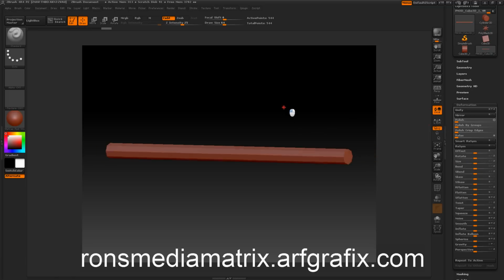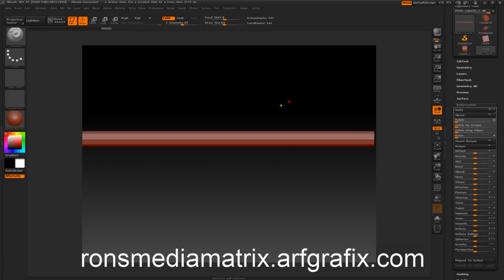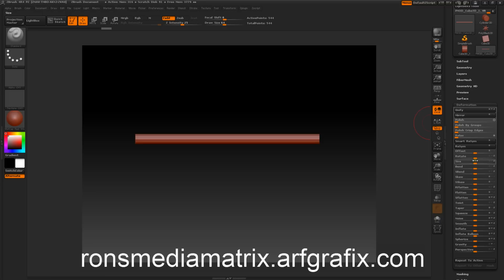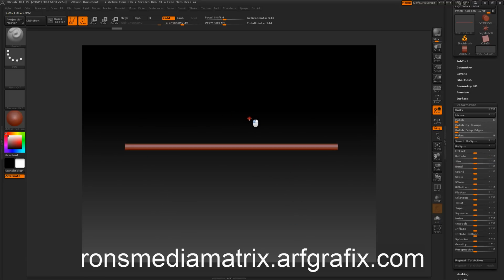Hit the F key so you can see it full screen. Yeah, you might want to make it a tad longer, so we'll stretch it out some more. Of course, you can go to Alt and get it in the screen also. But anyway, one of the things, first off, is when you bend an object in a polymesh, you want a few more